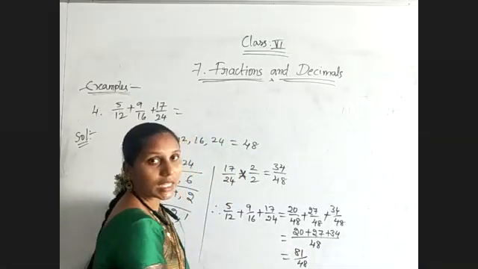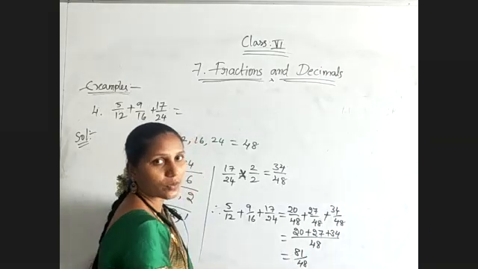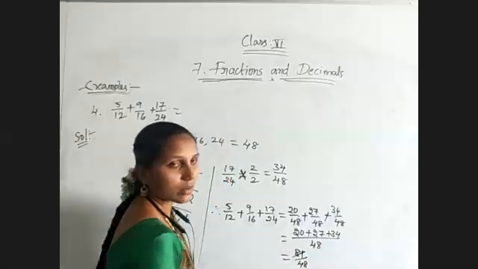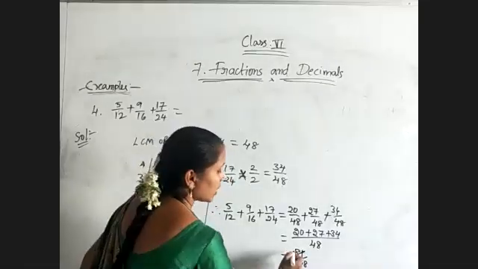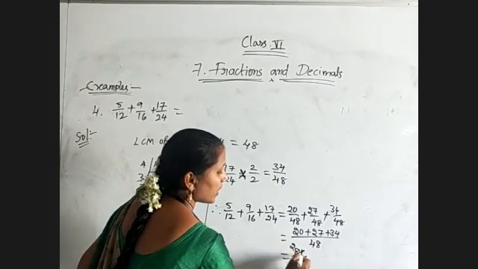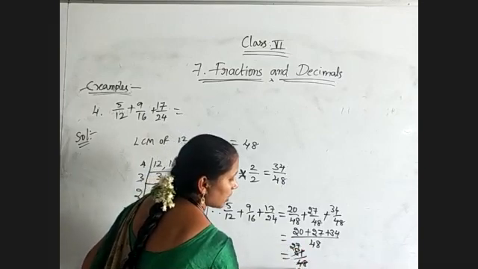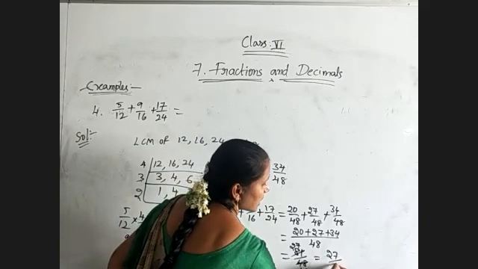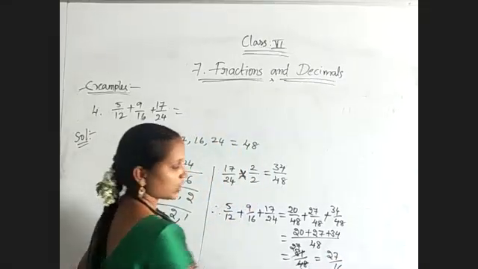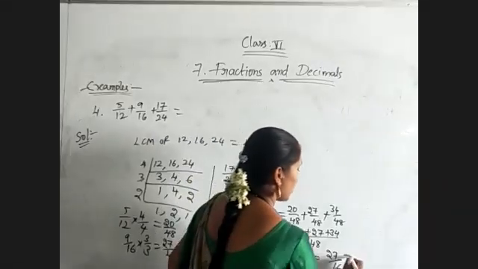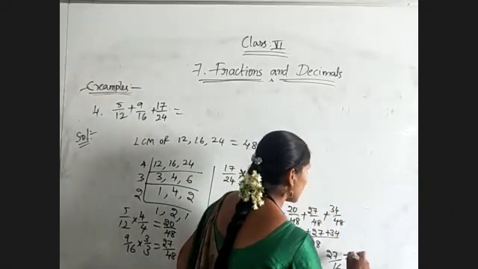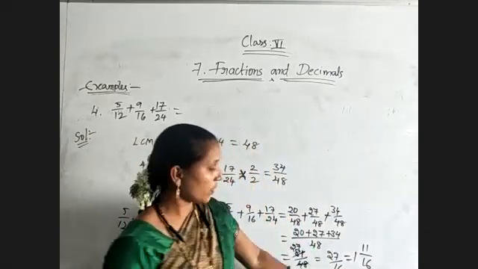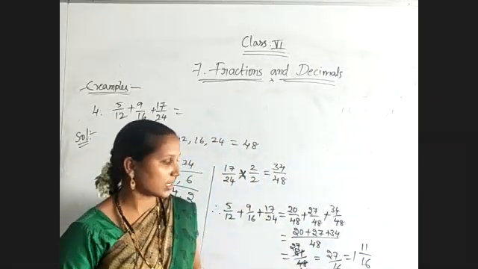8 plus 1 is 9, 3 table, and 4 plus 8 is 12. Both will cancel in the 3 table. So I am dividing the numerator and denominator by 3. What will we get? 3 twos are 6, 21, 3 sevens are. And 3 ones are 3, 3 sixes are 18. So we have got 27 by 16. Now convert it into a mixed fraction. Why? Because it is an improper fraction. 16 twos are 32 will get. So 16 ones are 16. 16 plus 11 is 27. So go through with the division if you are unable to write directly. That's all.